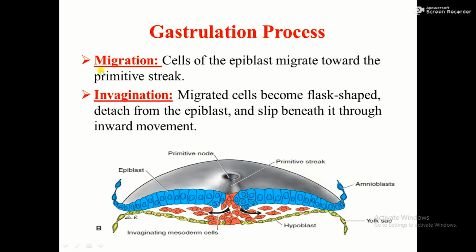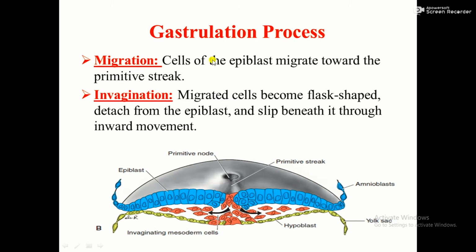The first one is migration, and we need to know what migration is. You need to know why we use these terms in this process, why we use migration and invagination. They usually use